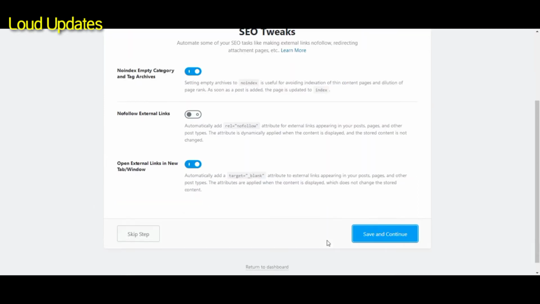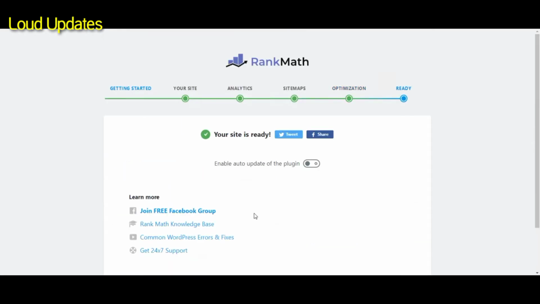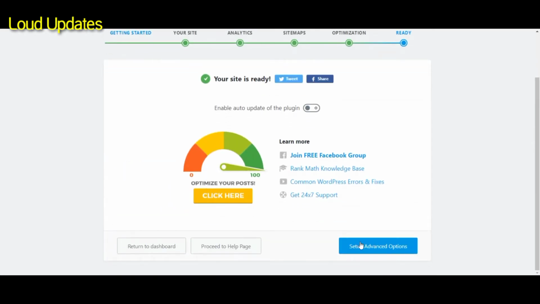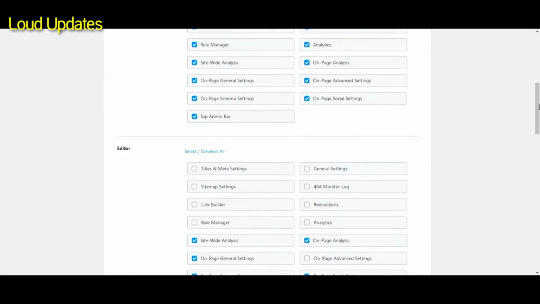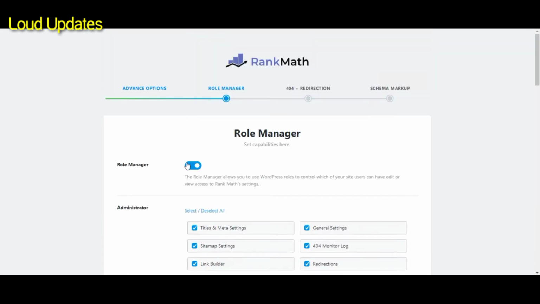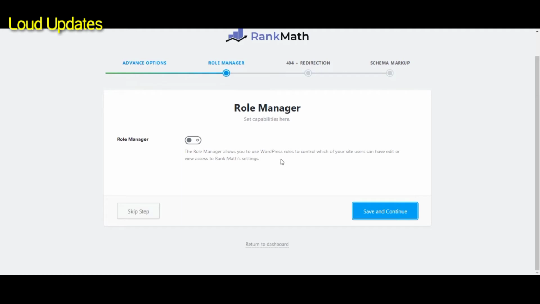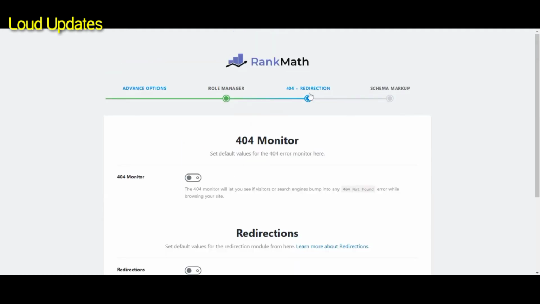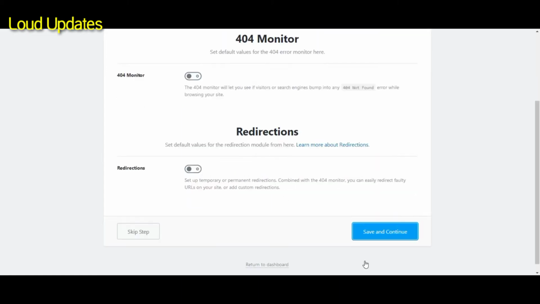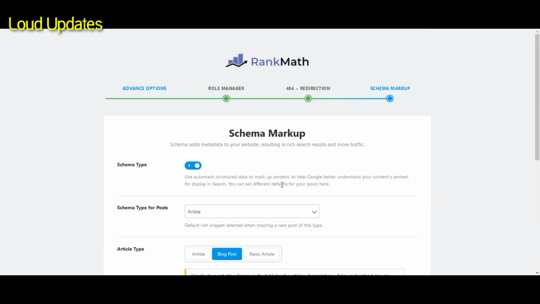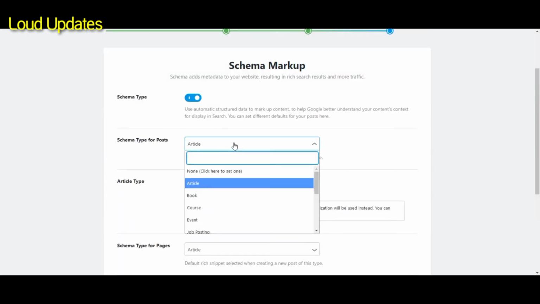And now no follow external links: if you add a third-party link, then enable it and no follow. If you want some roles for a manager, I don't have any, so I am clicking on next. The 404 monitor: if you delete a post, you can monitor it. So click on monitor and then click on next.